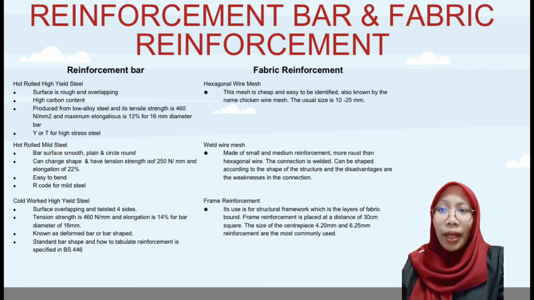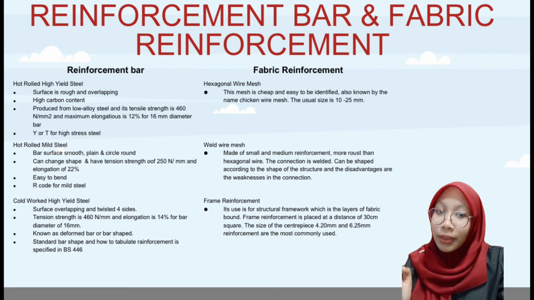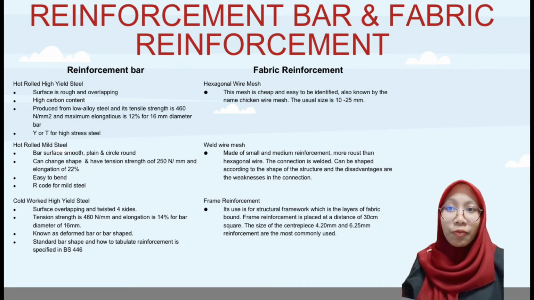Next, fabric reinforcement. Hexagonal wire mesh. This mesh is hexagonal shaped and easy to be identified. Also known by the name chicken wire mesh. The mesh size is 10 until 25 mm. Fabric reinforcement. Bell wire mesh